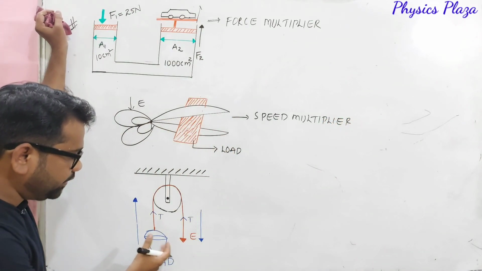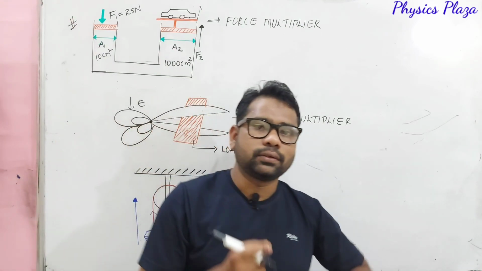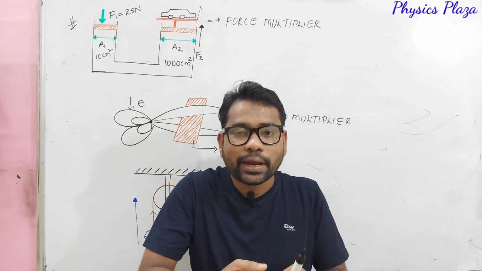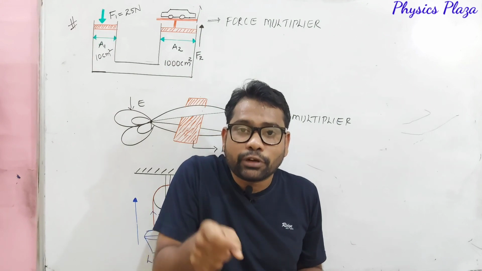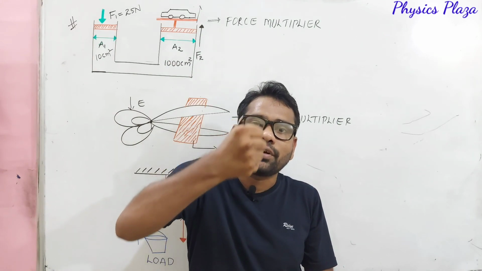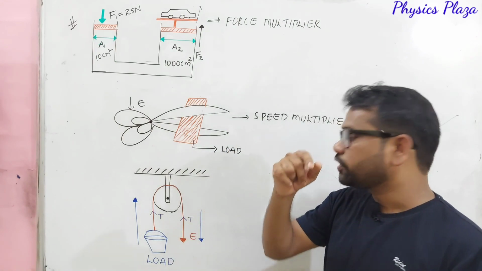Now look at this, dear children. It is a single fixed pulley. Actually, dear children, whenever we want to take water from a well, what do we have to do? With the help of a bucket and rope, we have to pull the bucket like this. But do you think it is comfortable for us to take the water against gravity? No, it is not comfortable. For that only we are using a single fixed pulley here.